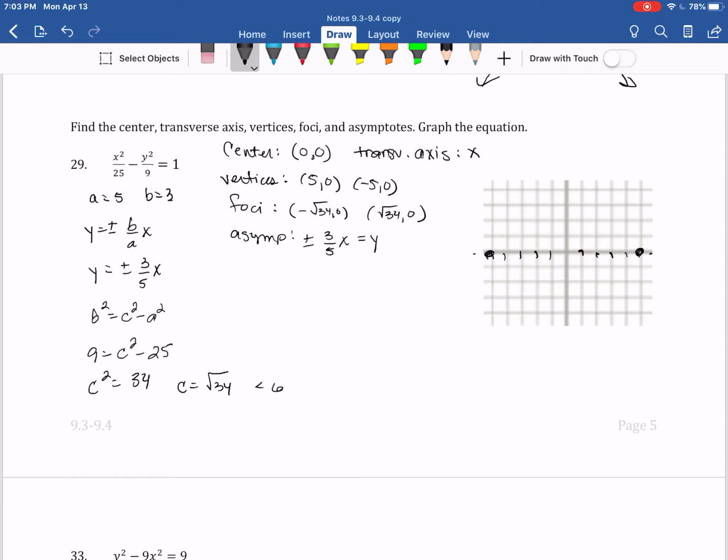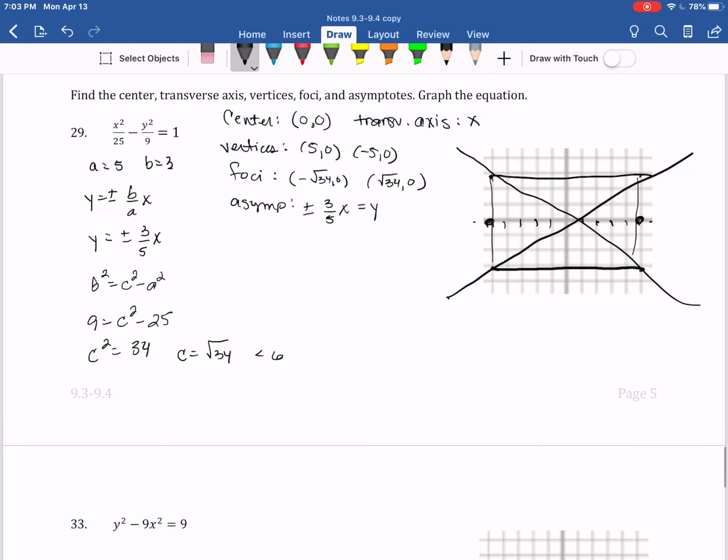All right, so we want to sketch in our rectangle to guide us to drawing our asymptotes. So what do we find for the equation? 3 over 5. Okay, so the rectangle has a height. Half of the height goes up to 3, down to negative 3, up to 3, down to negative 3. That makes up your rectangle vertices. Something like this. And then connect those opposite corners. Getting kind of sloppy here. And that makes up your asymptotes. And so your parabola, not that, the hyperbola branches go through here and through